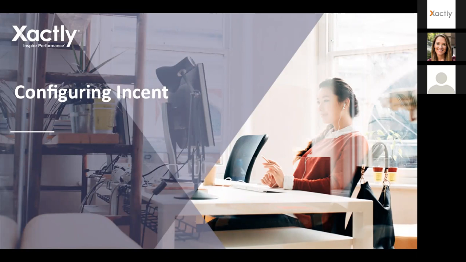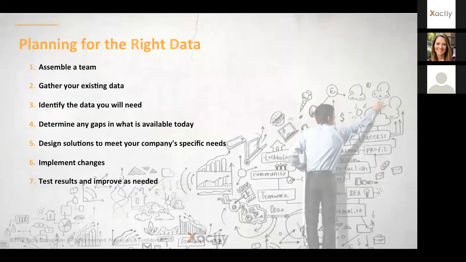So let's move on. I'm going to show you in Incent some of the things that you can do to actually produce this data. This is another slide from an earlier webinar, and you probably remember it. It's a pretty standard approach to tackling a project, right? So we're going to walk through a little example today for getting this data put together. It's for my favorite SaaS software company. We call that company Cloud Corp. And let's assume that I've already assembled a championship team and I have a very good handle on my existing data. So the next thing we need to do is working on step 3, which is identifying the data you'll need.